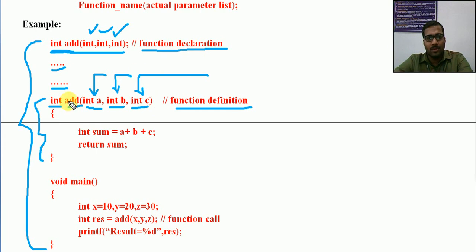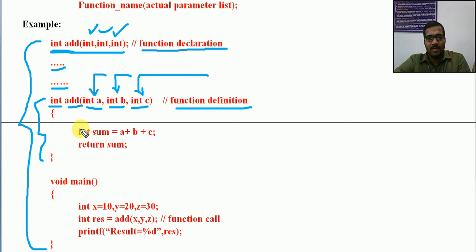So it is expecting that. So it is simply receiving. If somebody is throwing something into me for doing some process, I will be catching. So this definition area will be catching that, receiving those values as assigned into this parameter variable. So these parameter variables are local variables. They are local to this particular function. It cannot be used somewhere else. These variables are just like local variables inside the add function.